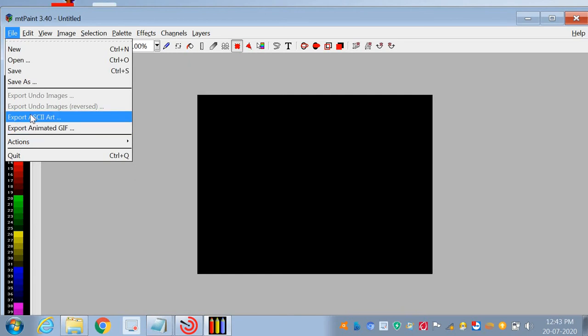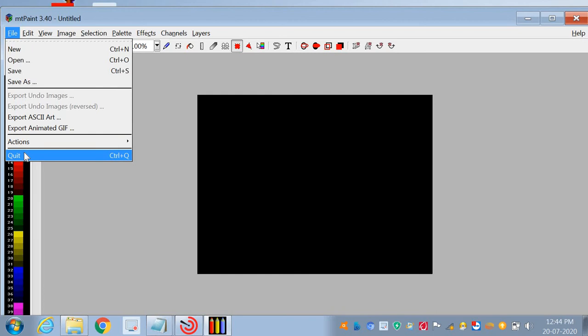This is an option to export a picture, and this is an option to export an animated GIF, means any image with animation. Just for example, your Diwali photograph, where the cracker is fired. So this is your animated image. If we add our GIF image, an animated GIF image, with the use of the export animated GIF option, we can easily export it here.